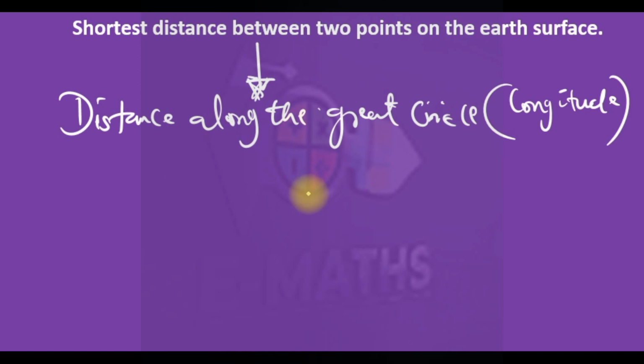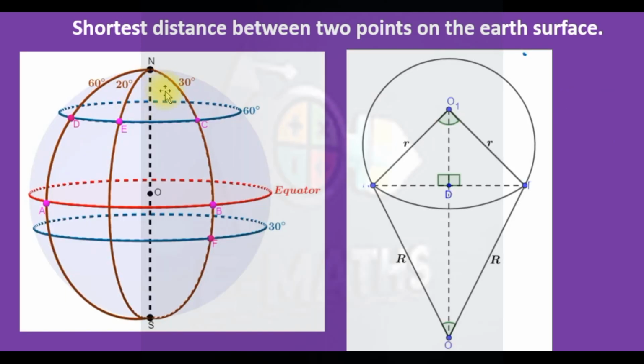That's, you are given 2 points along the same latitude and different longitudes, and you are asked to find the shortest distance between the two. I'm here to tell you that the shortest distance is the distance along the longitudes, and I'm going to prove it now. So assuming you have this diagram,